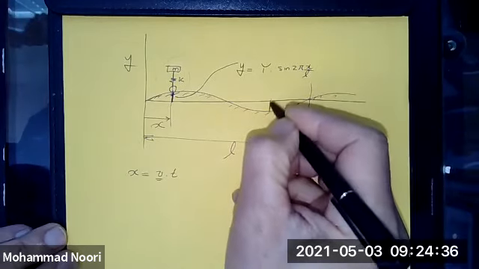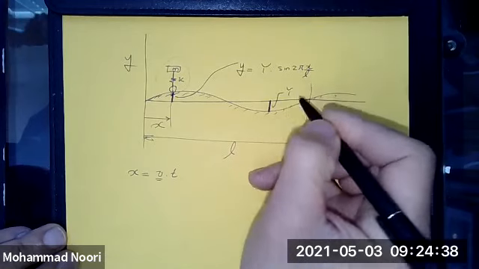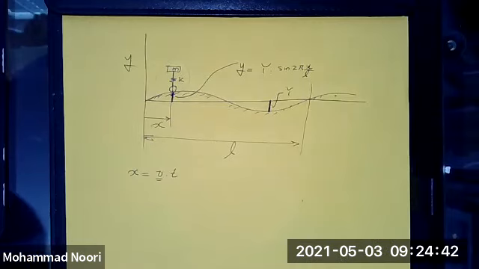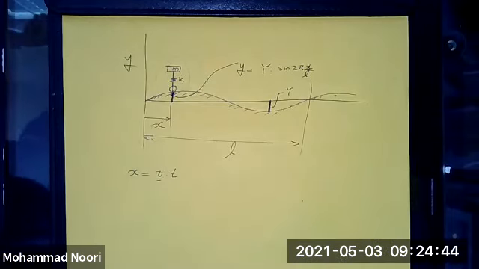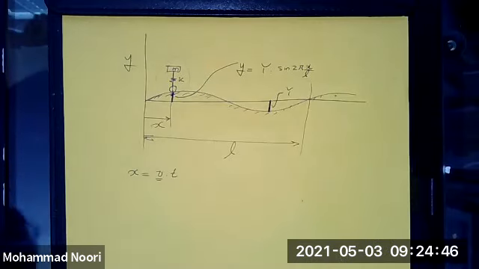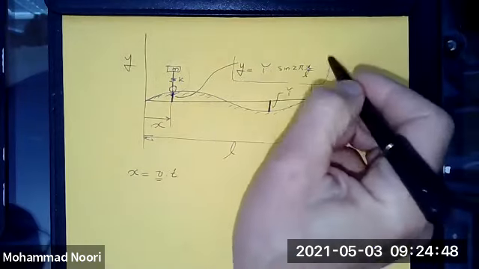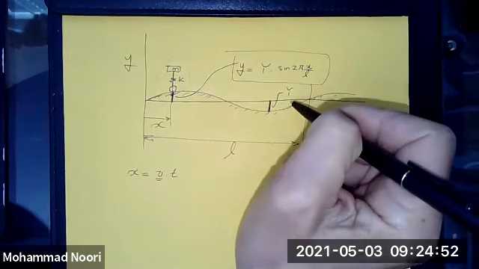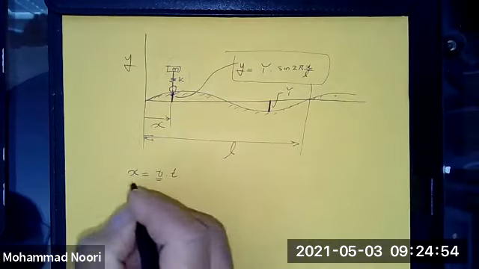Where y is the maximum amplitude of this roughness, okay? So if this is the function describing the roughness of the road, okay, what we want,